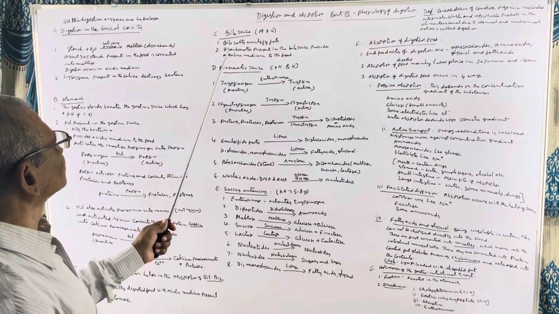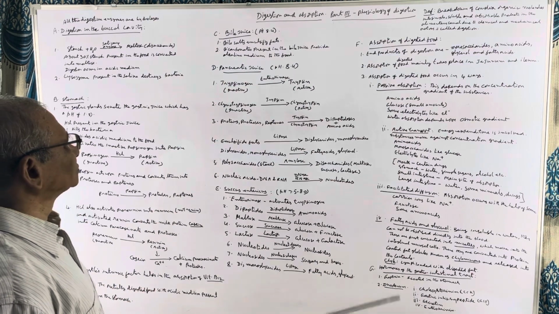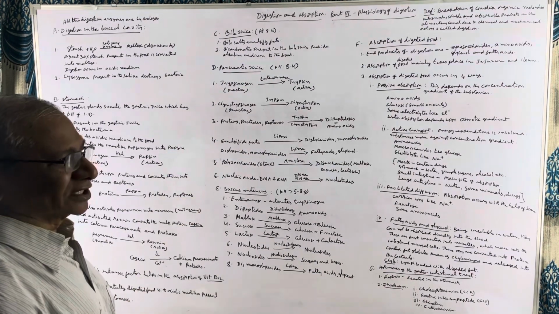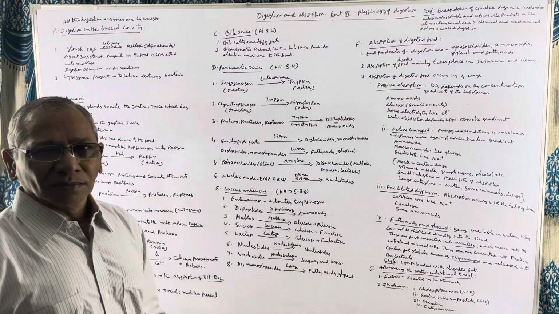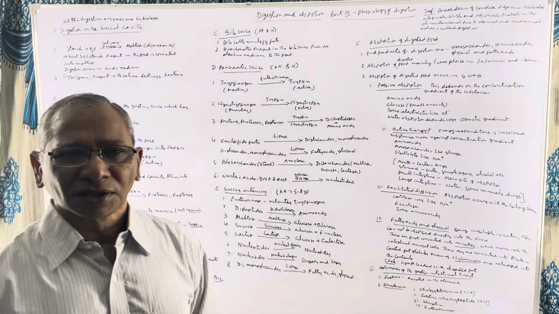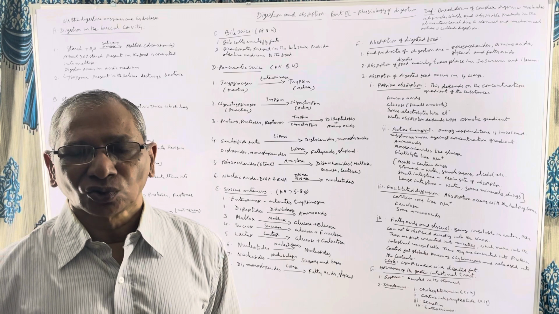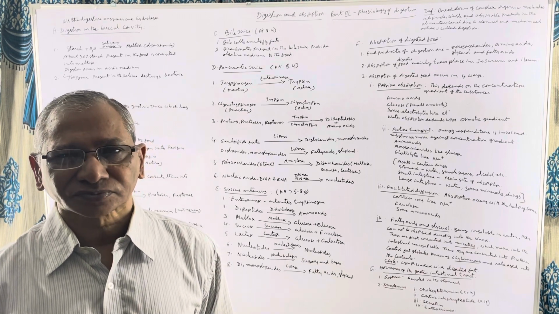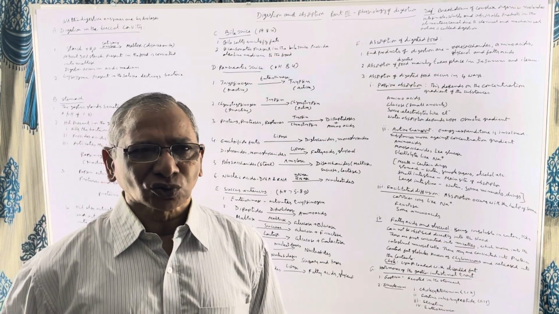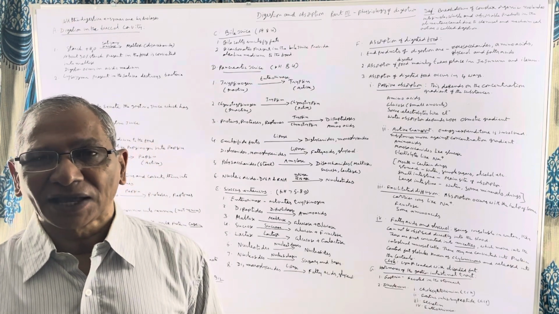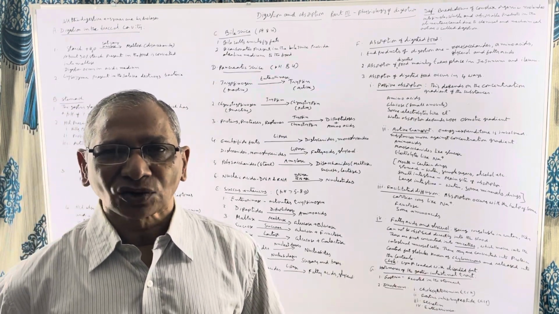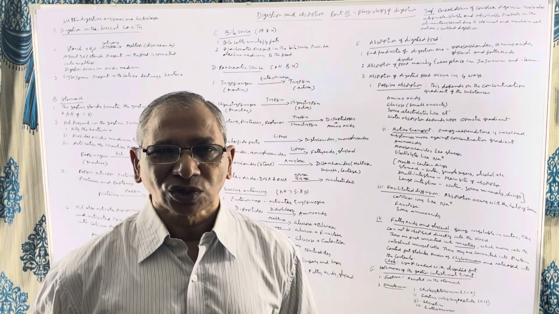Now, coming to the bile juice, its pH is 8.4, that is, it is alkaline. Though we call the liver the largest digestive gland, it secretes no digestive enzymes. Its role in digestion is also very limited, but it has a number of other vital functions, which we are not concerned with here.